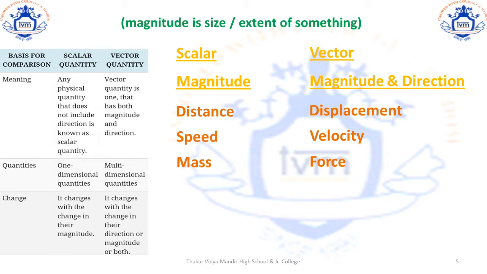Similarly, it goes for temperature. If I say that the temperature is 100 degrees Celsius, I don't need to add the direction, north, south, west or east. Simply the numerical value of temperature suffices. So I'll say that the temperature is a scalar quantity. You can't apply direction to temperature. So temperature will be a scalar quantity.